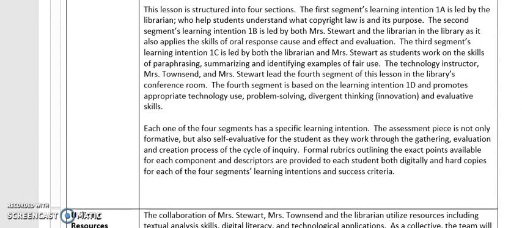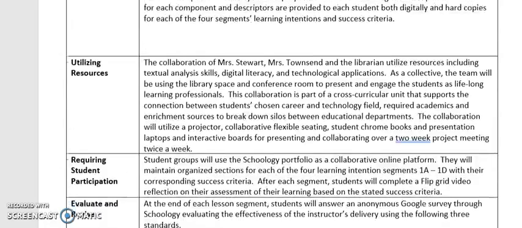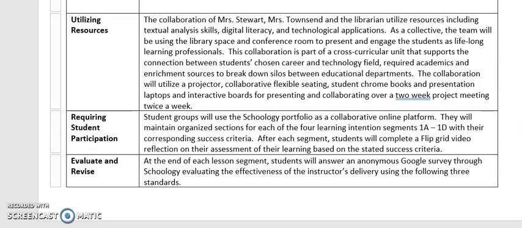Formal rubrics outlining exact points available for each component and descriptors are provided to each student both digitally and as hard copies for each of the 4 segments' learning intentions and success criteria. The collaboration of Mrs. Stewart, Mrs. Townsend, and the librarian utilize resources including textual analysis skills, digital literacy, and technological applications. As a collective, the team will be using the library space and conference room to present and engage the students